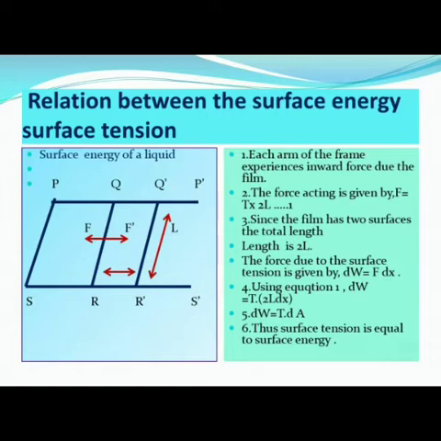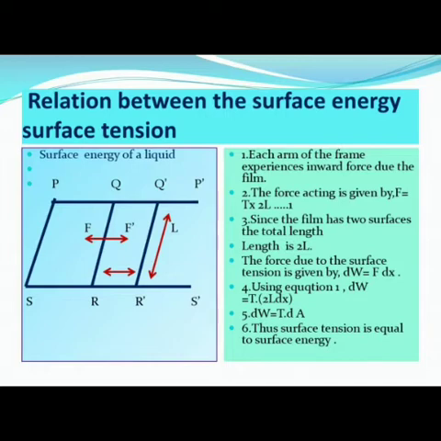As you can see in the diagram, there is a film which is being dragged along. When I talk about the surfaces P, Q, R, S, you can see with a red arrow that it is being shifted to the positions Q dash and R dash. This film is very similar to what you have seen when your mothers use detergent powders, a small bubble of soap is formed. A similar film we have tried to form on this frame and we have dragged it along to the position Q dash and R dash.